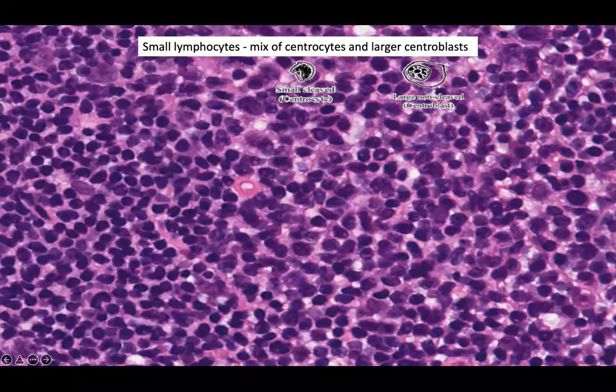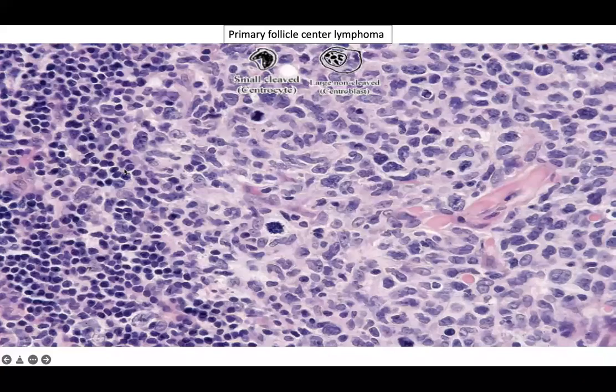On higher power, you'll start to see a mixture of different populations of small lymphocytes. Centrocytes are the neoplastic cells that have the small cleaved nucleus, and centroblasts are a little bit larger and they have the non-cleaved nuclei. You can see some nucleolar or condensed DNA material within the nucleus. So you can have a mixture of these cleaved centrocytes and the non-cleaved large centroblasts throughout. Another example of this, you can just see multiple populations here, some small nuclei with little indentations or cleaved areas, and then the larger